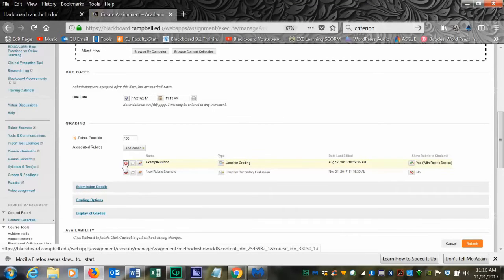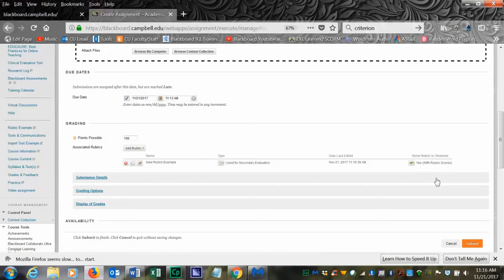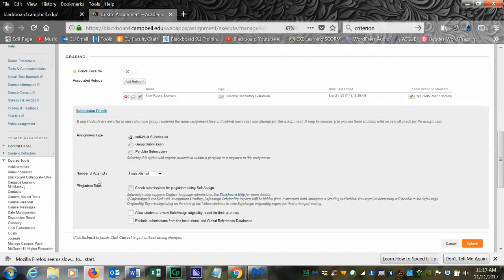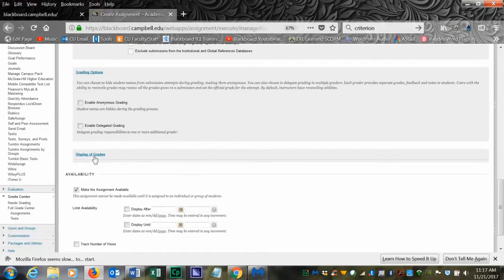I'm going to delete my example rubric, and I'm going to show my new rubric example. I can also fill out my submission details, grading options for this assignment, and how the